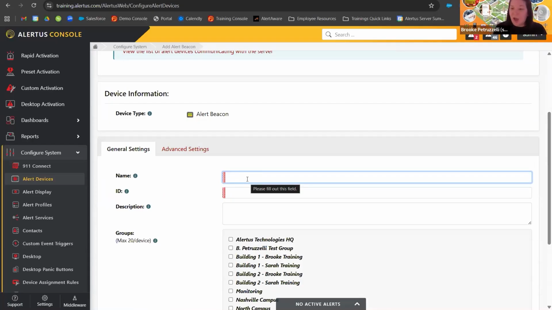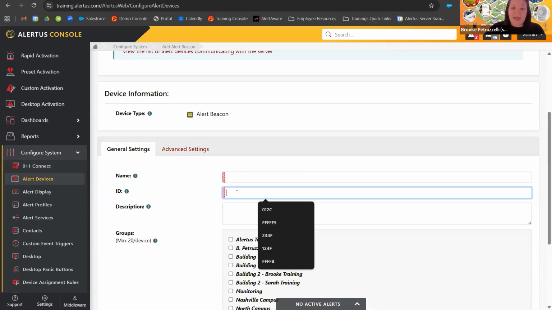Or is this in the front lobby of the hospital wing? Wherever it is, give it a name so you know exactly where to find it. And then the ID is going to be a 4-digit ID that is on the back of the alert beacon. So that is going to come with your alert beacon, you can flip it over and then near the serial code, serial number, you will be able to find this ID number and pull that in as